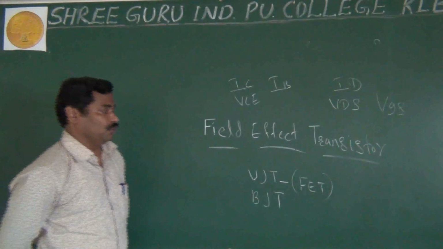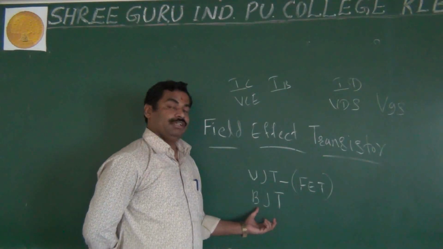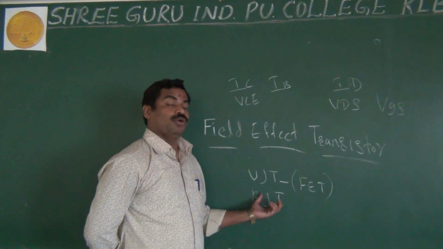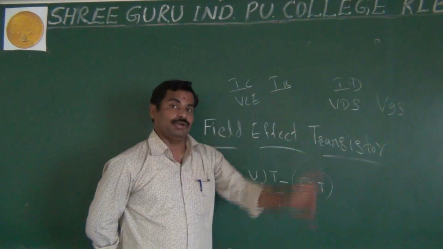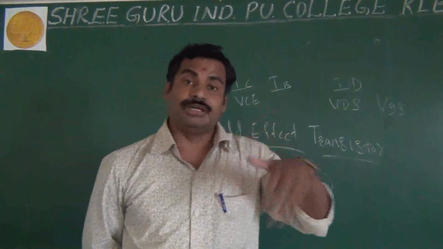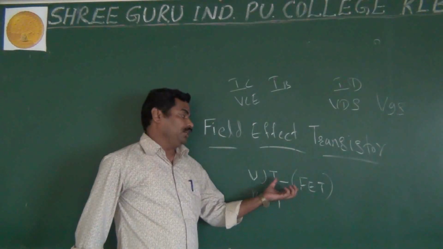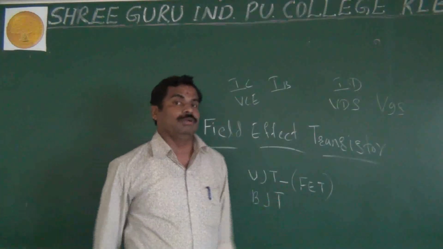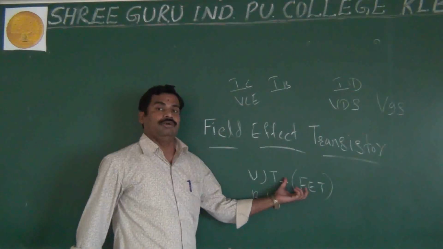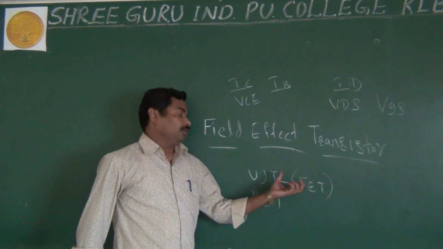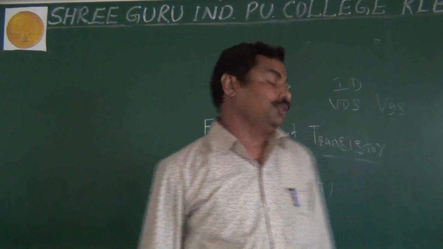And second one, as I said, your FET has very low noise, but your BJT has very high noise, much more noise as compared to the FET. As I said, it is not possible to eliminate the noise, but you can reduce it. Noise is nothing but an unwanted signal. Another important thing, as I said, BJT is used for amplification. In the same way, you are giving more importance to the FET in integrated circuits. 90% of integrated circuits use the FET.